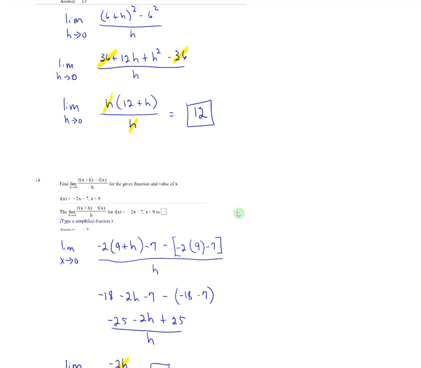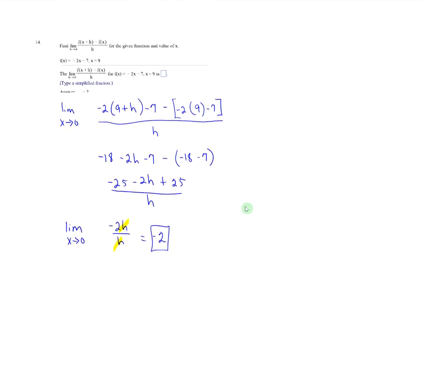We have the same thing in number 14, which is our last question. So the function is negative 2x minus 7, and then x is 9. So f of x is that. So we have negative 2 times 9 plus h minus 7 minus, and we plug in the 9 in there, and we get negative 2 times 9 minus 7. So negative 18, distributing,